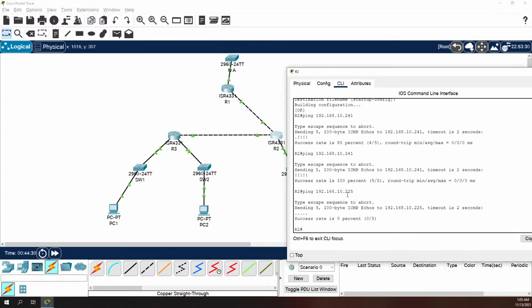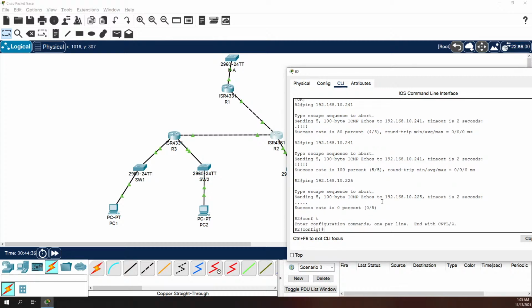So, last but not least, we need to go to R2, and we need to finish up this, we'll call it a mess. So we need to configure 3 static routes. Or, we could configure 1 static route and then have 1 default route to cover the networks on R3. That is another approach that we could do. It depends on how you want to do it. We're going to configure them separately, though, because the idea is that in some cases you don't necessarily want to have them